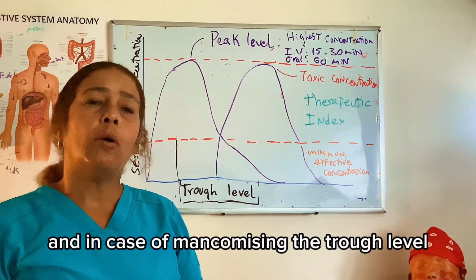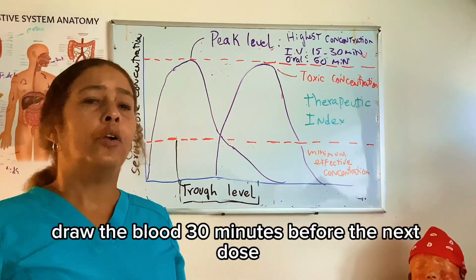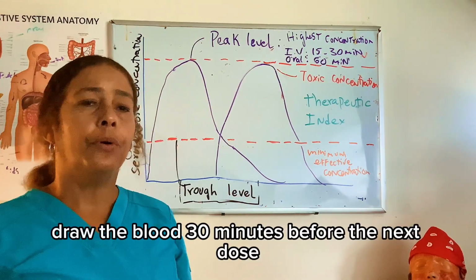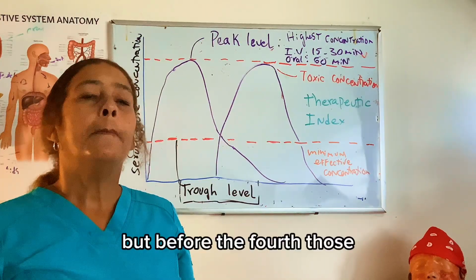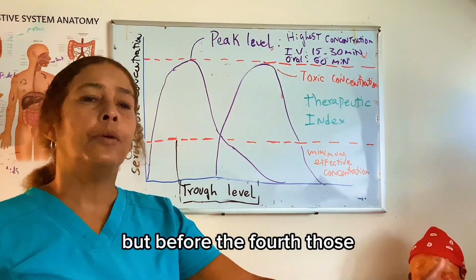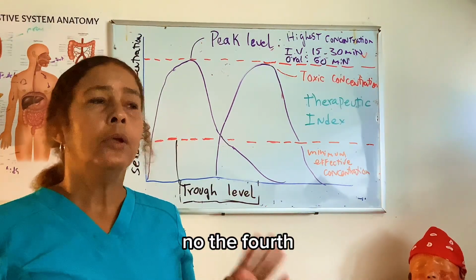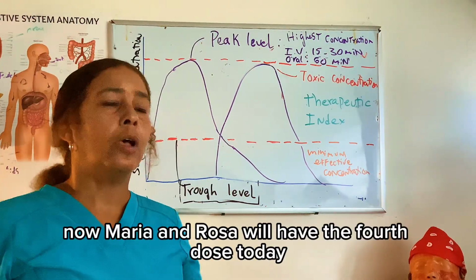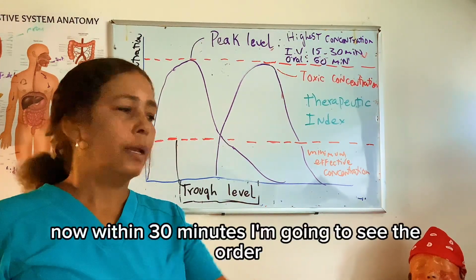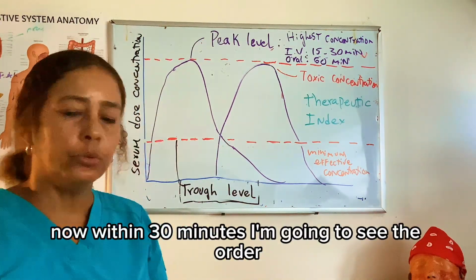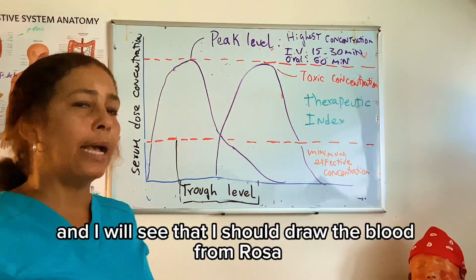In the case of vancomycin, the trough level is recommended to draw the blood 30 minutes before the next dose. It's a question that appears on the exam also, but before the fourth dose, not the first, not the second, the fourth. For example, now Maria and Rosa will have the fourth dose today. Now, within 30 minutes, I'm going to see the order, the prescription, and I will see that I should draw